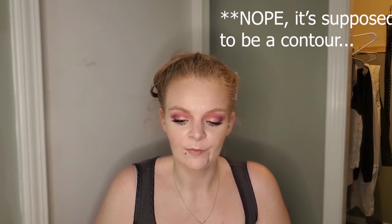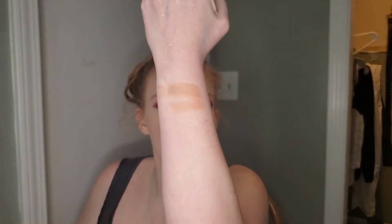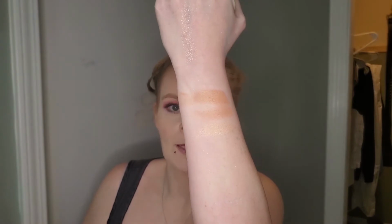And this is a bronzer and a highlight in one. You're supposed to be able to contour with this. I haven't decided if I like this or not. It is lighter than the Physicians Formula, and here's the highlighter. It is lighter than the Physicians Formula, but for some reason, when I wear it, it almost looks like it